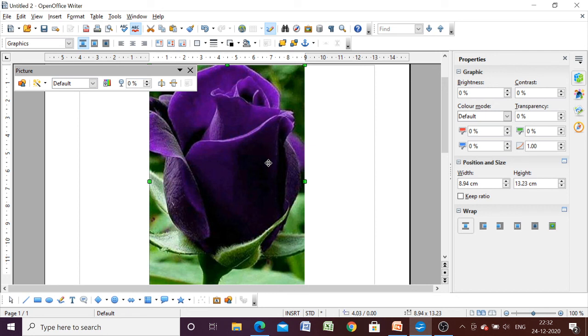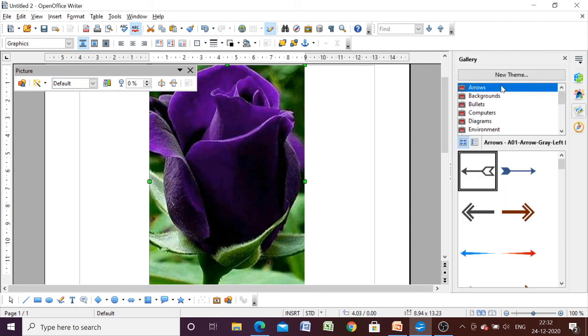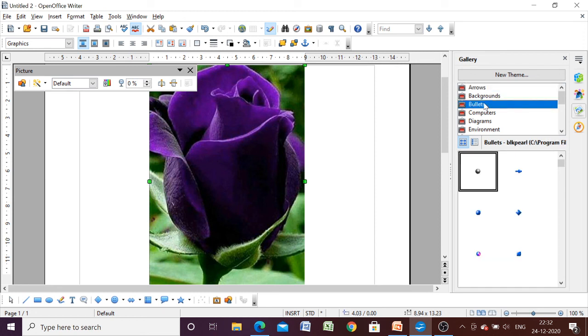So we have seen two ways to insert an image, and there is a third way also. If you look at the rightmost side, the third icon is Gallery. When you click on the Gallery option, you will have some themes, and under each theme you will have some pictures. You can select any of the themes.